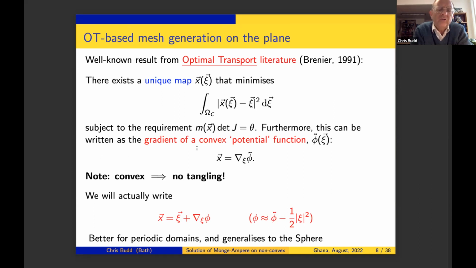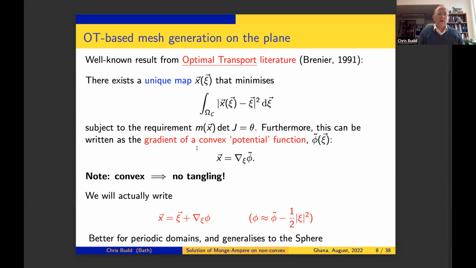You've got to work a bit harder, but you can extend Brenier's results. Robert McCann extended Brenier's results to manifolds. As I say, I was annoyed that Brenier didn't get the Fields Medal. More recently, Figalli, who essentially extended Brenier's results, did get the Fields Medal. Richly deserved, but Brenier should have got it earlier. Okay, so